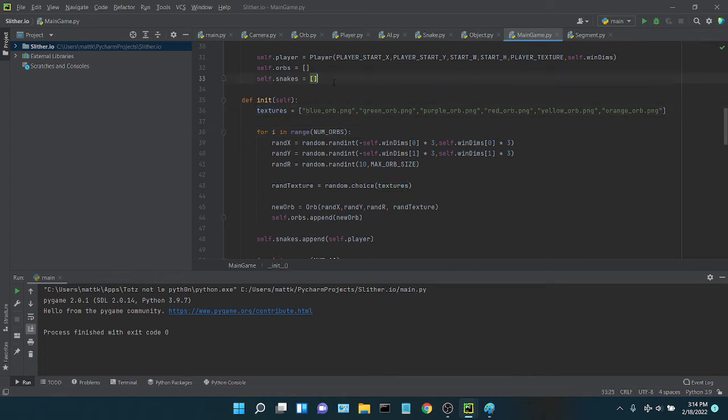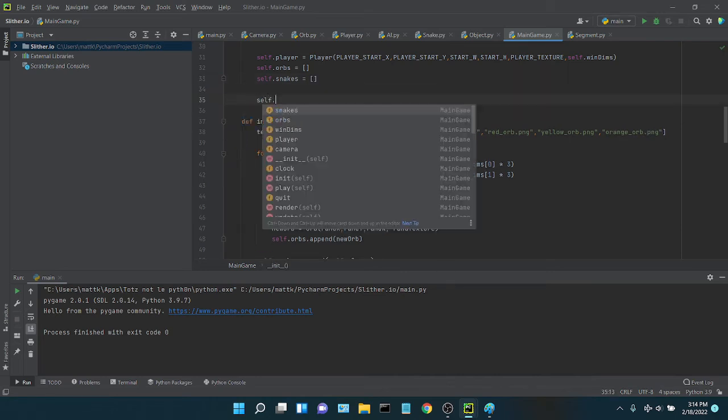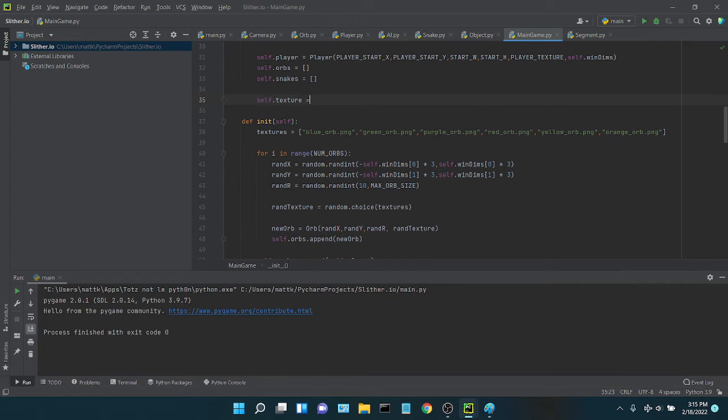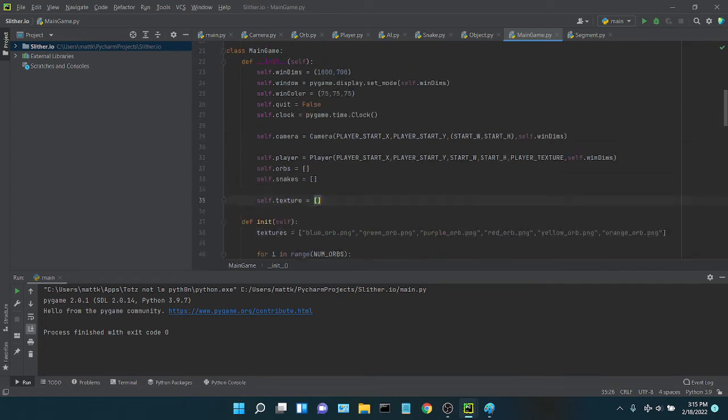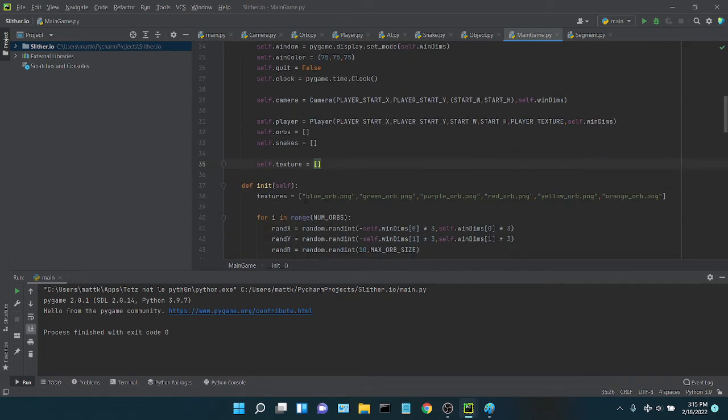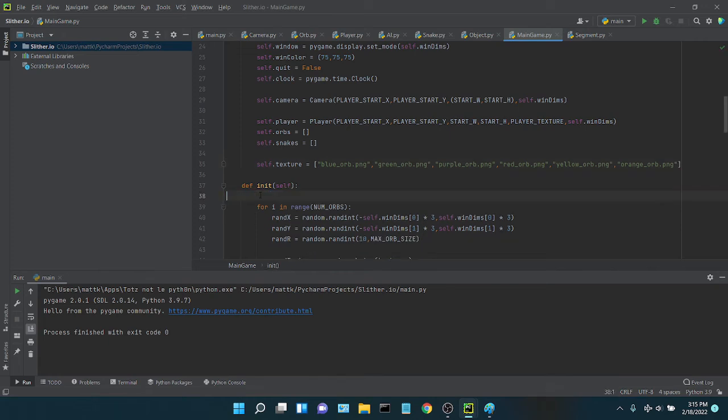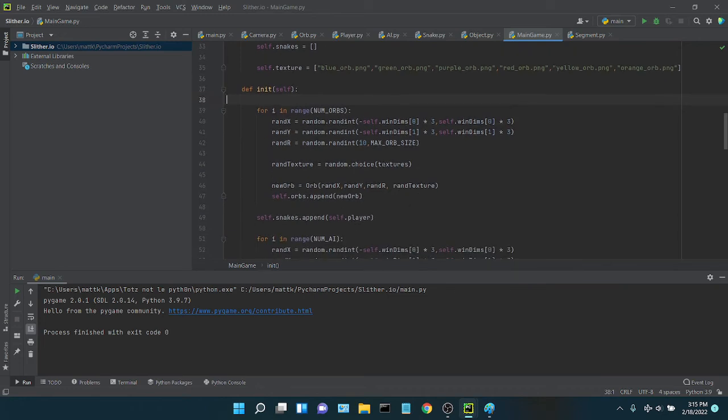So I want to be a little bit more memory efficient. I don't think this will make a difference in the final output of the game, but I'm going to turn this into a private variable for the whole main game. So instead of recreating this list every function, we can just use it as a private variable, create it once. So I'm going to delete this line, and now I have to replace this with